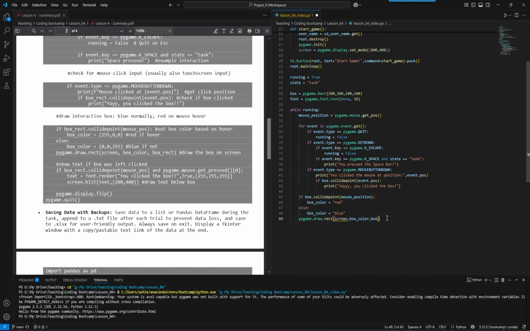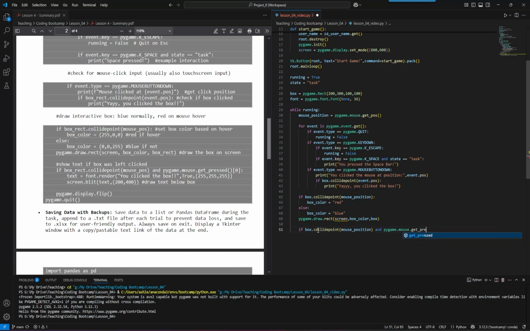Okay, so now that we've done that, we're going to come down here and we're going to say, if somebody clicks, then let's go ahead and put like a collide point when it's on there. So not just print it out in the terminal, because right now we're just printing this. If they click, then we also want them to see that they clicked it and give them some feedback in the game, not just for us to see on the back end. Because remember, not everybody's going to see that terminal there. So if box.collide point is mouse position and